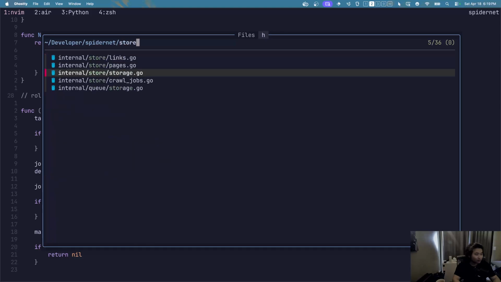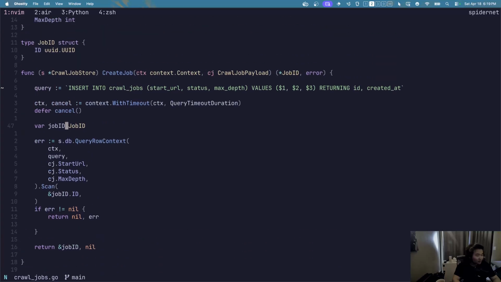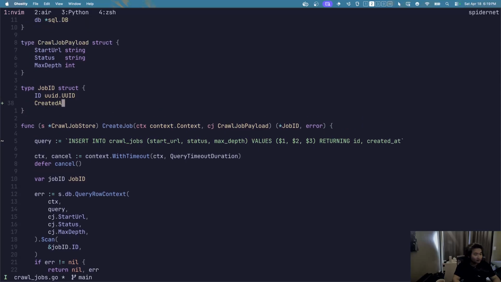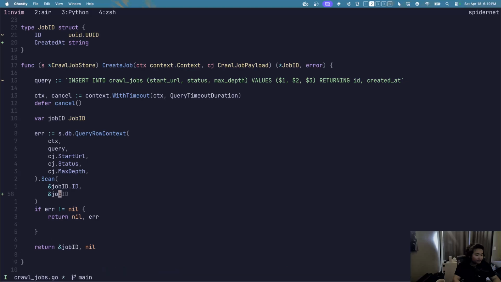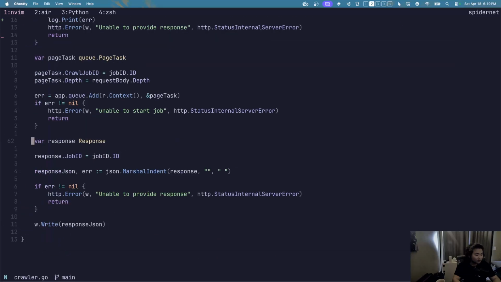I think our store crawl jobs here is something wrong. One more thing, yeah. The job ID it returns, created at, which I should probably have as well. And then when I use it in crawler.go,